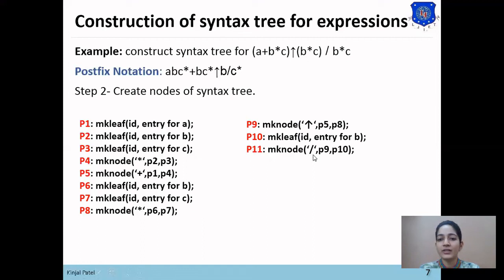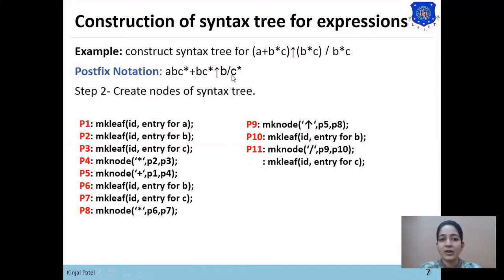The first field denotes the operator, then the left child of this division is this whole expression, A plus B star C power B star C. So this is the left child of division, which has been stored in P9, and the right child of division is B. So here P9 and P10 will be its left and right child respectively.